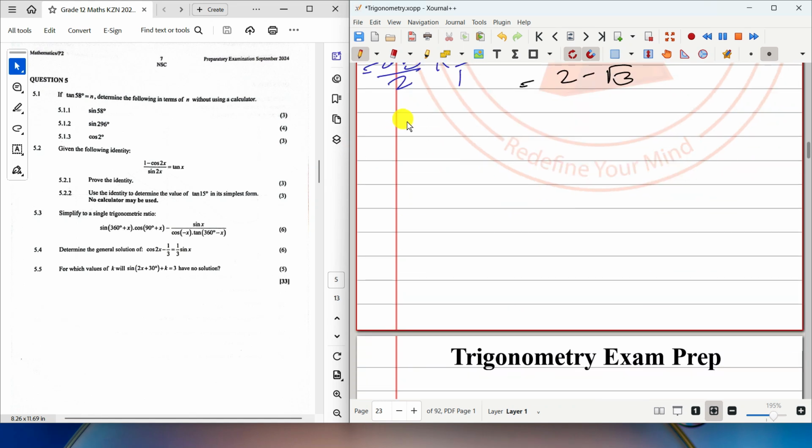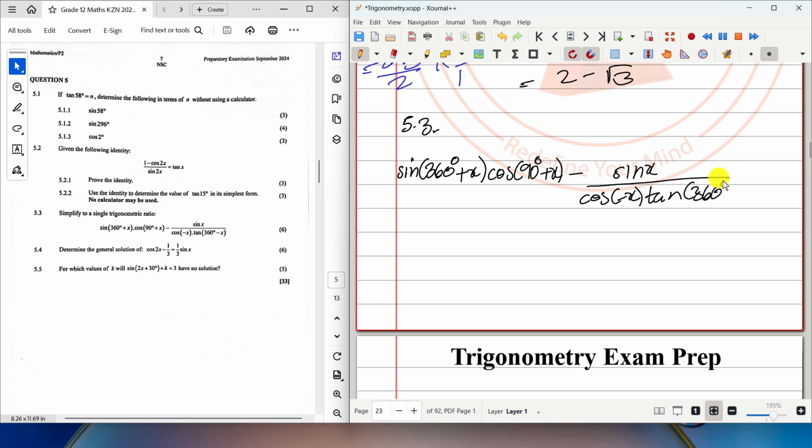5.3, let's see. 5.3 says, simplify to a single trigonometric ratio. So here we have sine 360 degrees. Remember, guys, if you're using a mobile device, please rotate your screen so you have improved view. Okay, and then minus sine x over